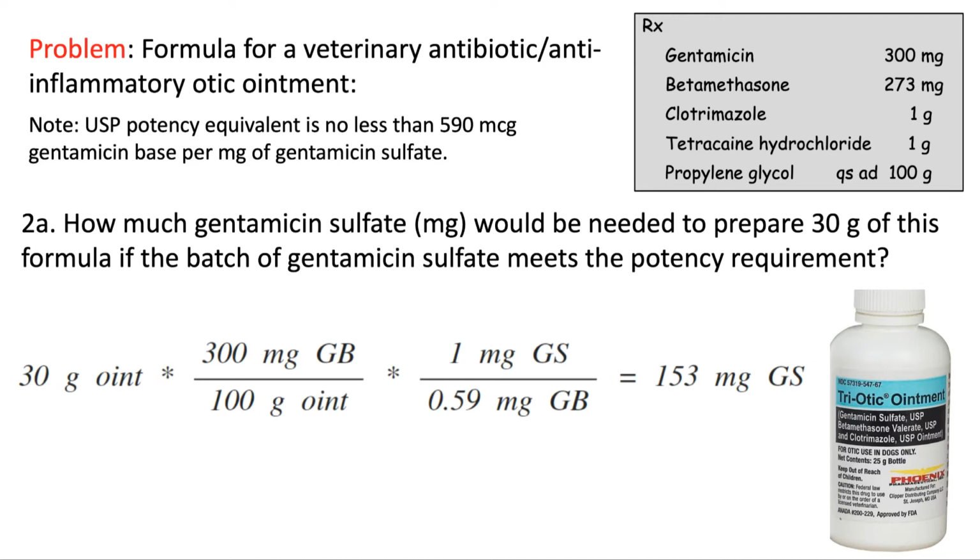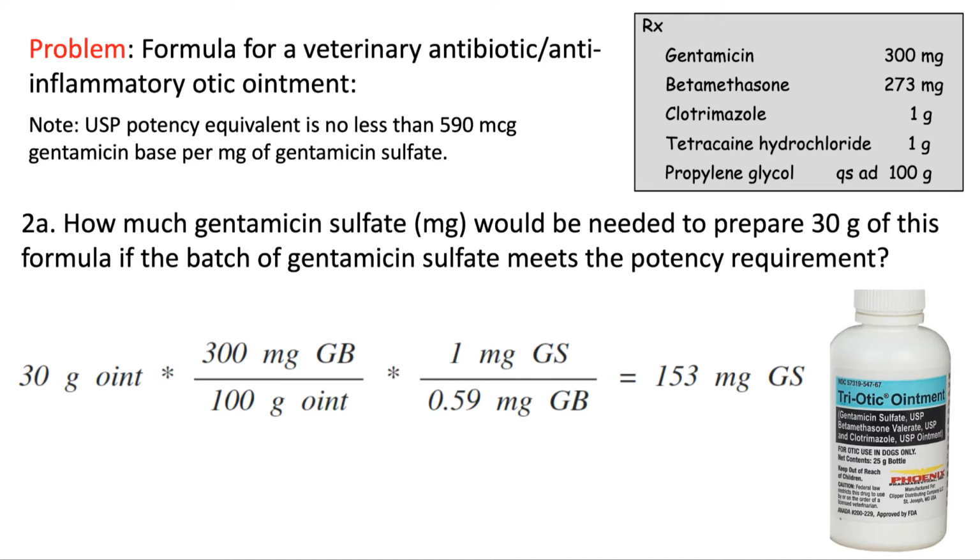So I'm going to set it up and take 30 grams of ointment times the relationship of 300 milligrams of gentamicin base per 100 grams of ointment. That way my units of grams of ointment cancel, and I'm in milligrams now of gentamicin base. So the last step is, it wants to know how much gentamicin sulfate I need to provide that amount of